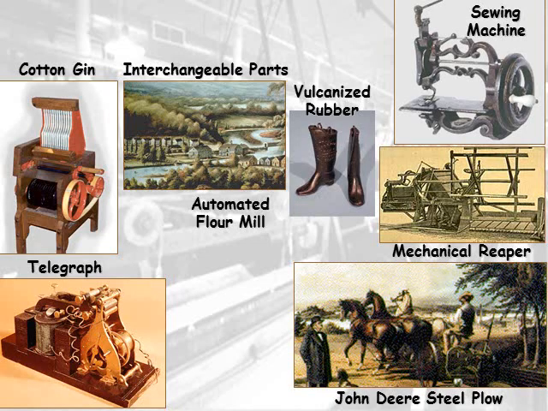The steel plow. Again, another transformation in agricultural products. The sewing machine, not having to sew by hand. My gosh, can you imagine the ramifications of that? Rubber, new products, vulcanized rubber. Well, rubber's not a new product, but mixing rubber with, I believe, sulfur that makes the product not melt in the heat,